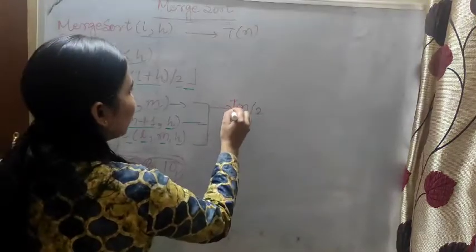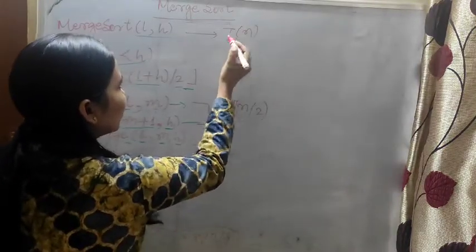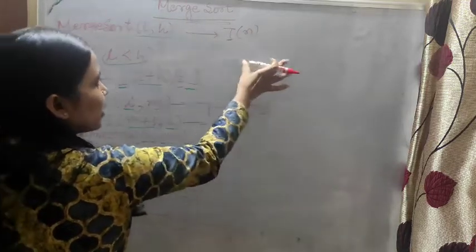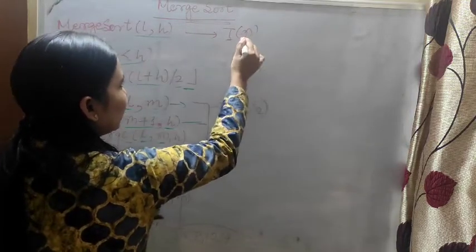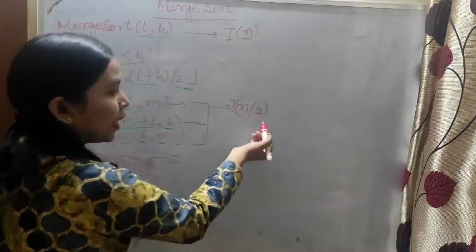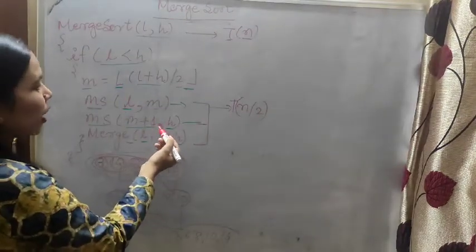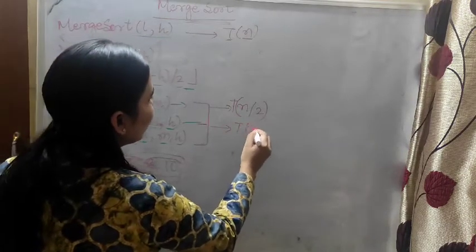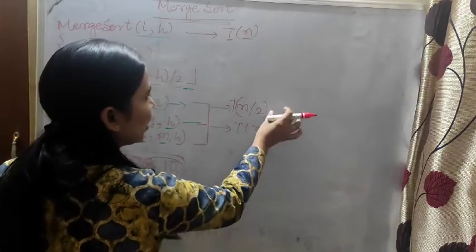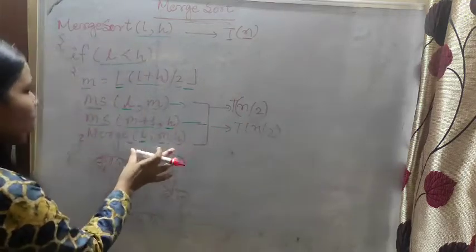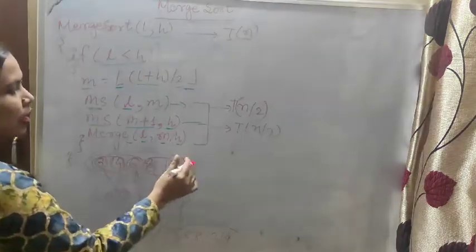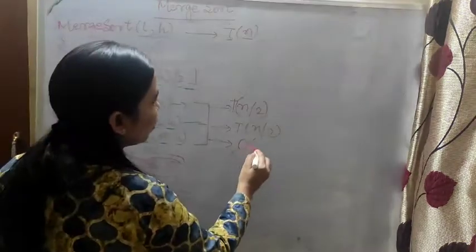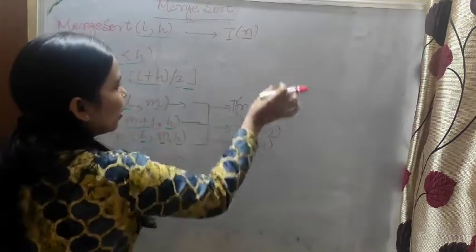Okay, so then we will write T time complexity. If it is n elements, from the first element to the last element, then we will divide it into n by 2. This one also, m plus 1, middle plus 1 to the last element, here also we will divide it, because these are two parts, the left array and the right array. Now we are merging here, that means all the numbers we are merging, so that means it is order of n, that means n numbers, whatever n has been given.